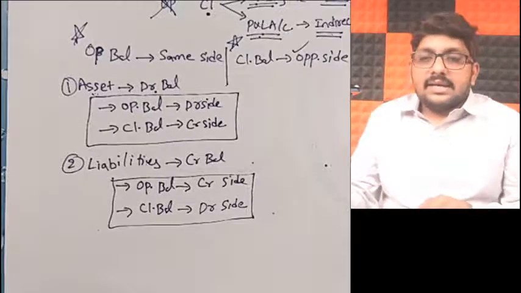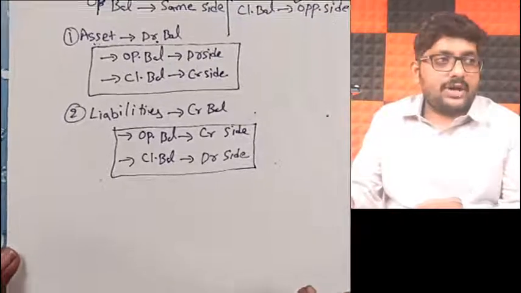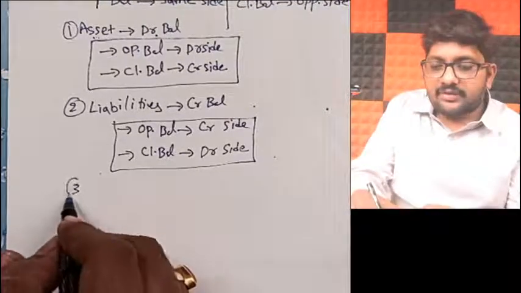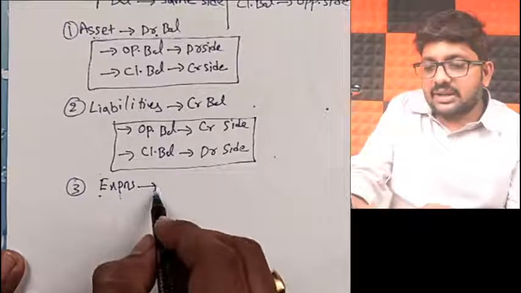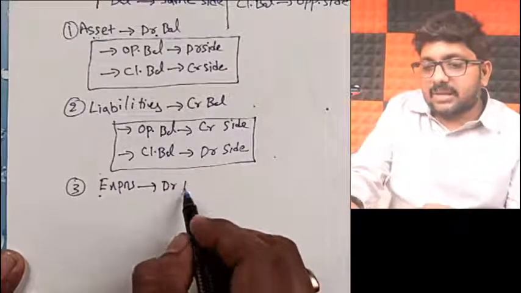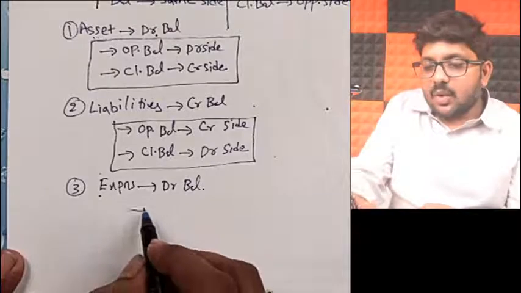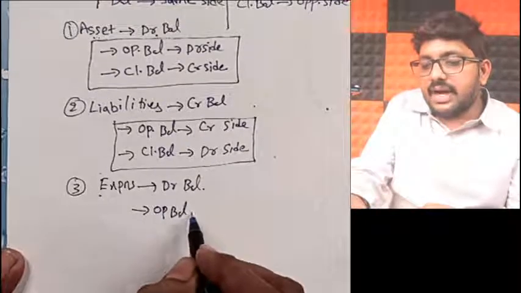Okay? Similarly, you have a third point to be discussed. What is my third point, my dear friends? When it comes to expenses, what will happen? This will come under debit category. Correct? Debit balance. It means opening balance will be on the